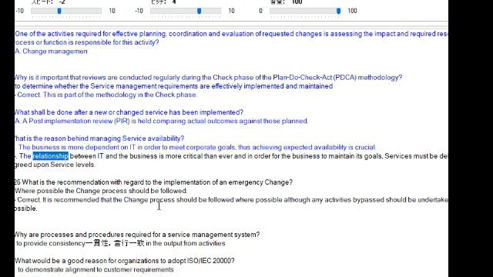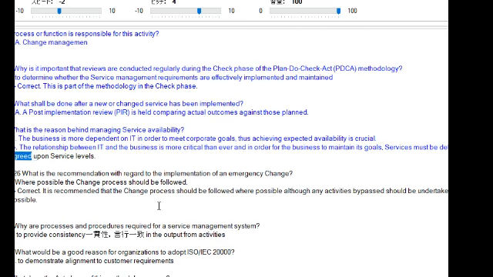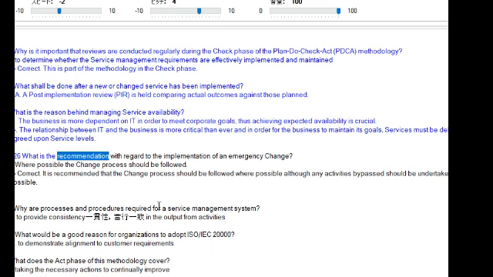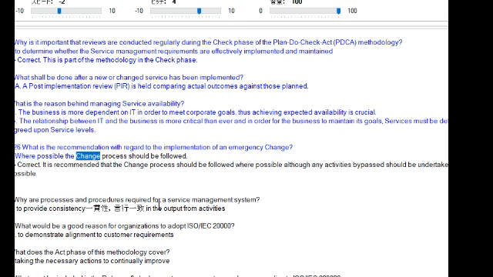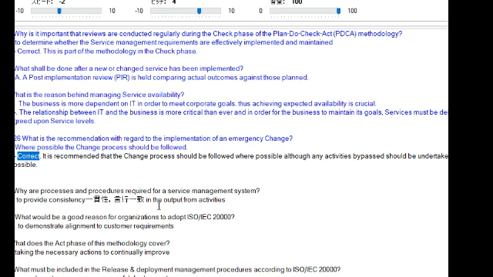The relationship between IT and the business is more critical than ever, and in order for the business to maintain its goals, services must be delivered to meet agreed upon service levels. 2.6 What is the recommendation with regard to the implementation of an emergency change? Where possible, the change process should be followed. Correct. It is recommended that the change process should be followed where possible, although any activities bypassed should be undertaken